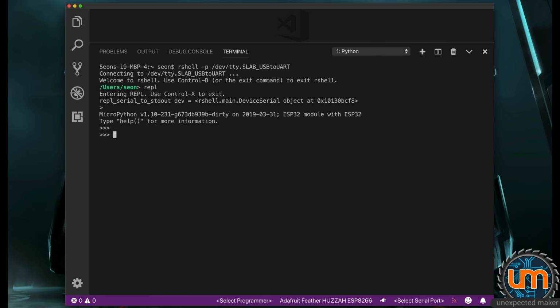The first thing I want to cover is variable scope. It's pretty basic, but it's a little bit different to what you might be used to. In MicroPython, anything that's declared in the main body of your code is considered to be a global variable, and any variables created or referenced inside of a function is always considered to be local to the function unless you specify otherwise. So for instance, if I say x equals 10,